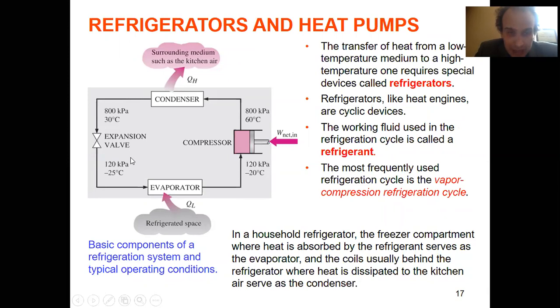So that is an example. What you see here is actually opposite to a power plant. So here the cycle goes counterclockwise. So the work done here will be negative. Here work is done on the system, it's done by a compressor. So how does it typically work? Let's say you have a refrigerator. In your refrigerator, you have Freon which flows here.